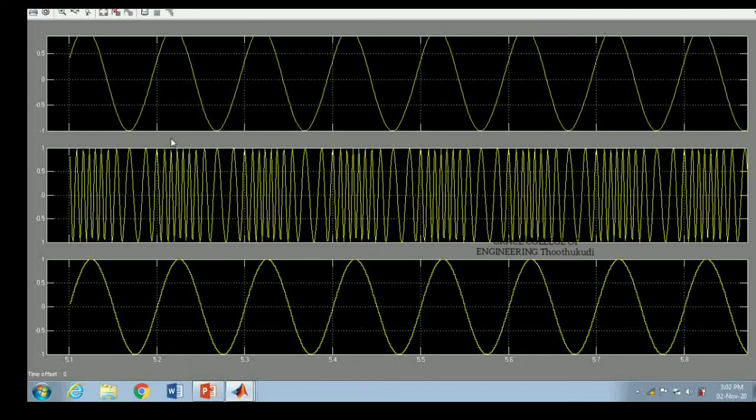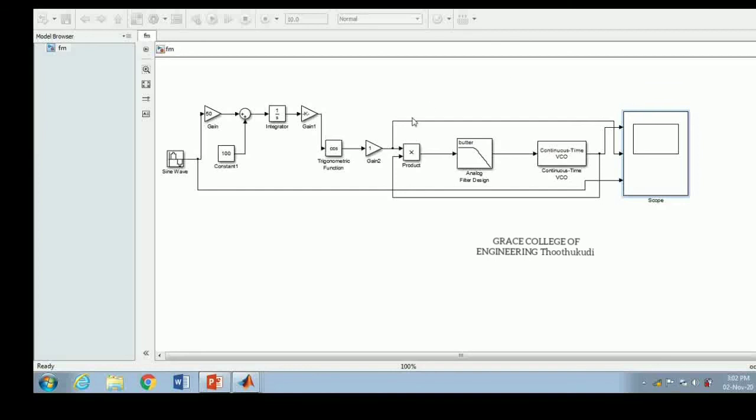The first is our FM message signal, then next is our FM modulated signal, and the last one is our demodulated signal. We know the concept behind frequency modulation. We have already seen it in our kit experiment as well as our simulation experiment. Here in the communication link simulation also we have seen two examples. We have seen two examples, right?